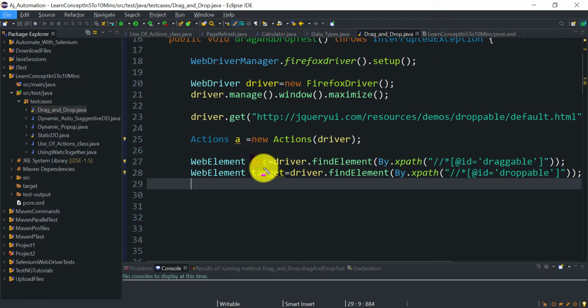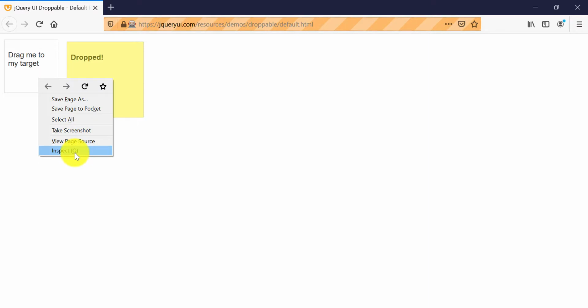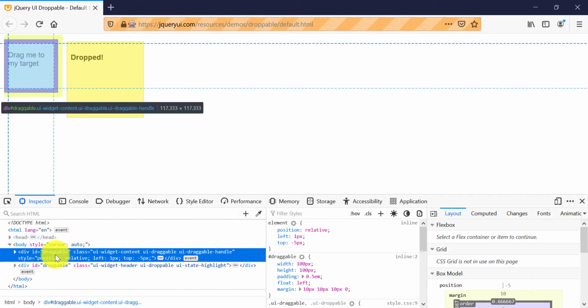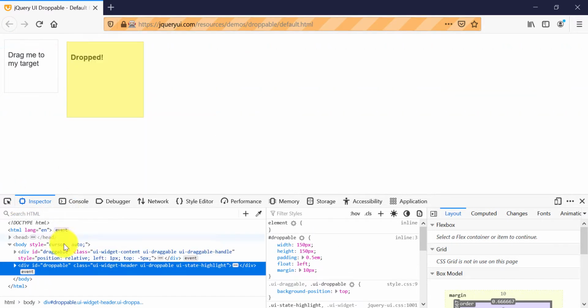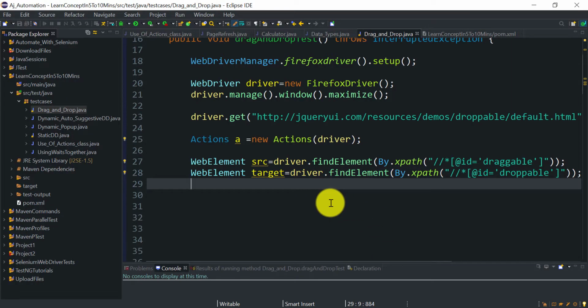One is source using driver.findElement By.xpath, and this is the xpath I used, and this is the xpath for the target. To create it you just have to inspect it. I have used the id for both boxes: id equal to draggable for the source and id equal to droppable for the target.